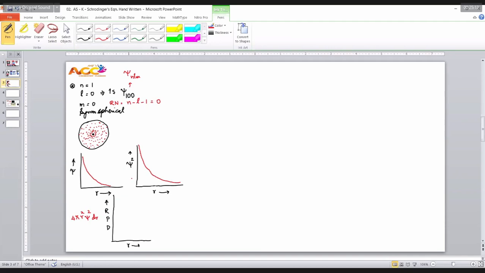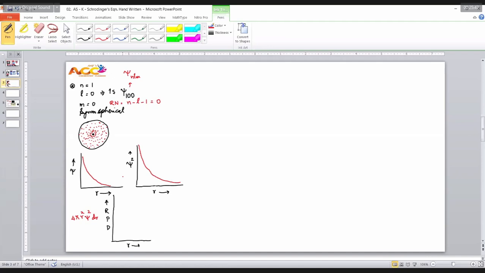Psi square decreasing. What is the meaning of psi square decreasing? Remember this. What is psi square? Probability of finding electron per unit volume, right? Suppose, for example, if you are having very large number of benches and less number of students, and it is not a class, it is a study hour, then what do you prefer? You prefer to get distributed, right? So in that case, what happens? The probability of finding students per unit bench decreases, right?